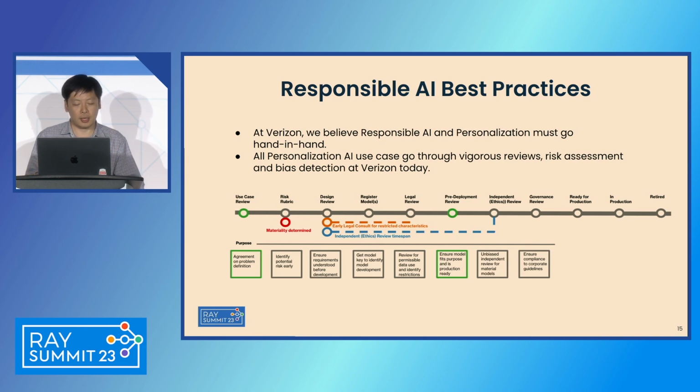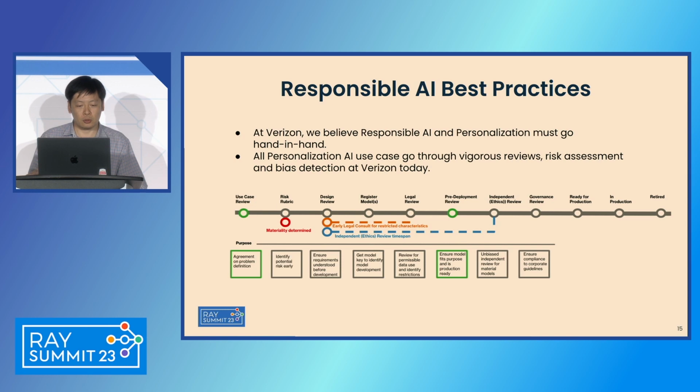Then we bring in experts to provide guidelines during design and development. All the features, as you can imagine, are also reviewed and vetted by our legal counsels. And our team will also help the development team do a lot of bias testing and mitigation